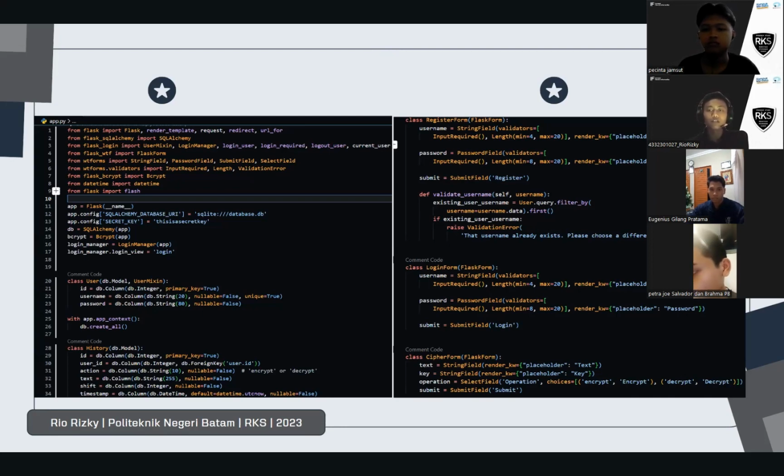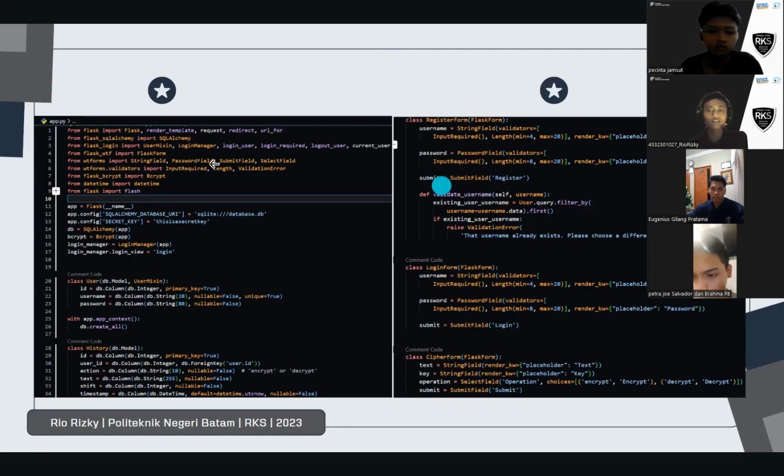Database models: two database models are defined, User for user information and authentication, and History for storing user actions like encryption or decryption. Forms: forms are defined using Flask-WTF and WTForms for user registration, login, and text encryption and decryption.